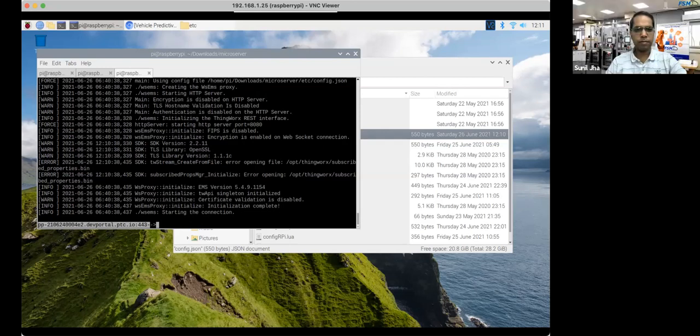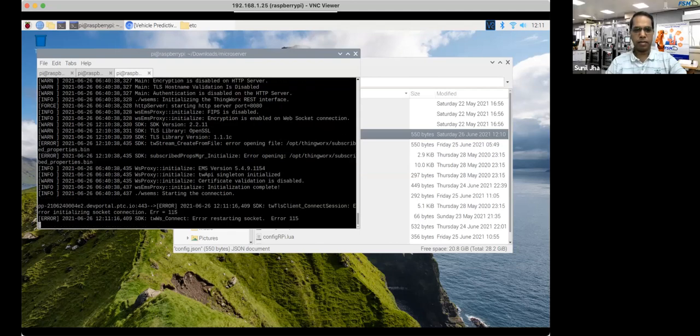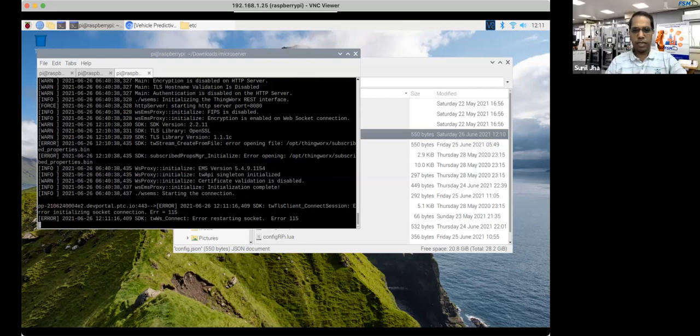Yes, Vishnu. Yes, sir. So first we have to download that MES file and then unzip it and then configure these files, and then we have to install these files. Correct. So if you can see right now, there are errors coming in actually like this. So it is not connected.